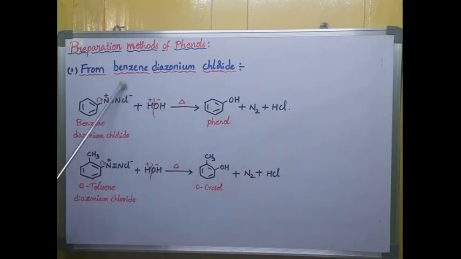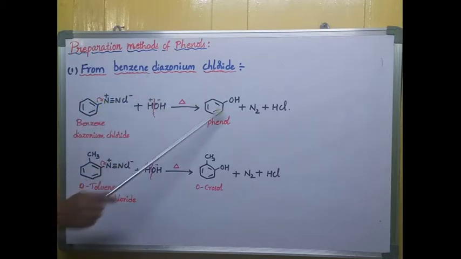Now, we know water can dissociate into H plus and OH minus, no? This Cl minus reacts with this H plus and forms HCl. Still this OH minus is there. Whenever we shift this bond, this carbon gets a positive charge, since it is donating electrons. This carbon reacts with the negatively charged OH minus. Now OH minus attacks this carbon and forms a phenol.